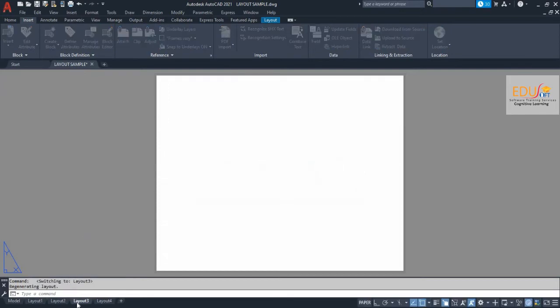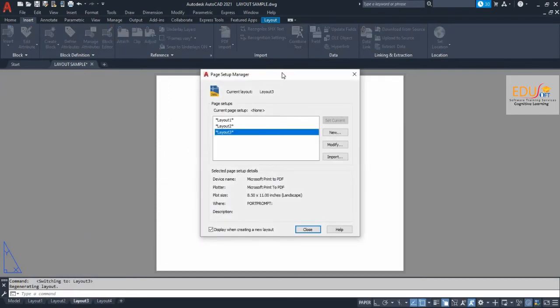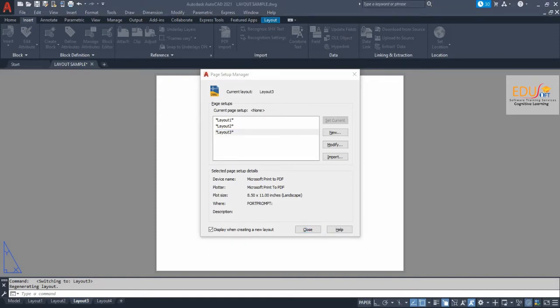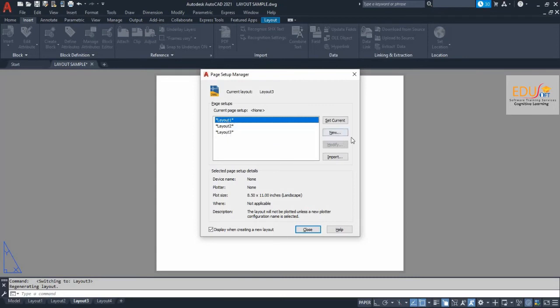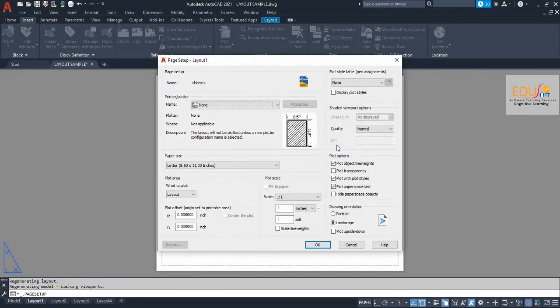Once you go to that particular layout, the software by default will ask to set up the layout page. Here we have the Page Setup Manager window. Let's modify the page setup for layout 1. For that, select layout 1 in the pop-up and click Modify. It will give access to the available settings.